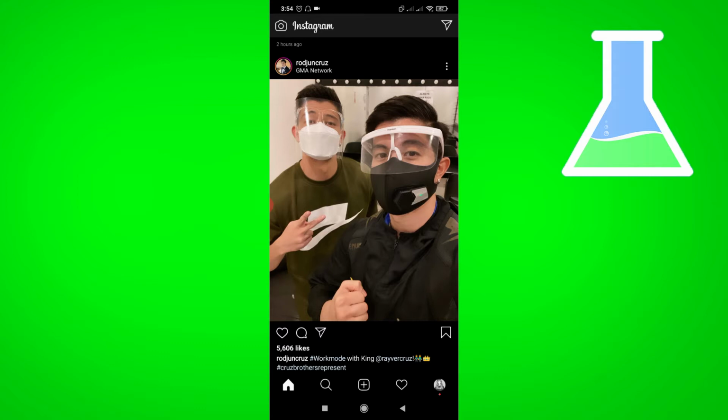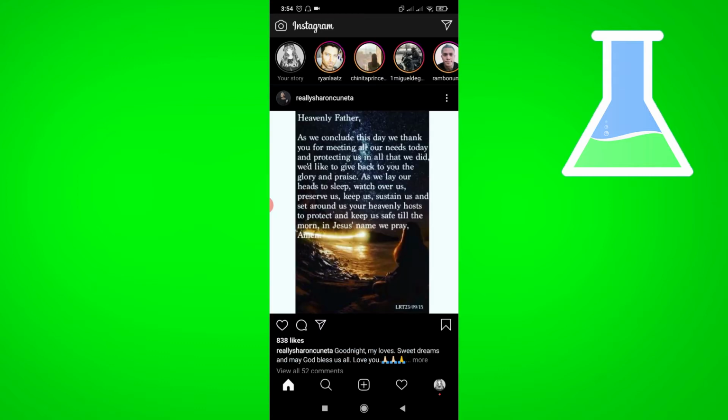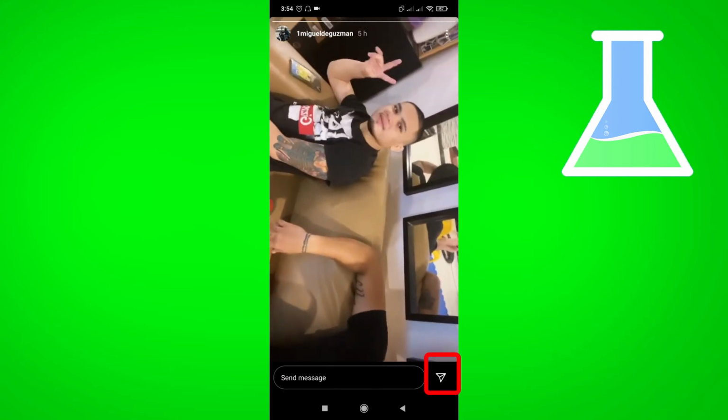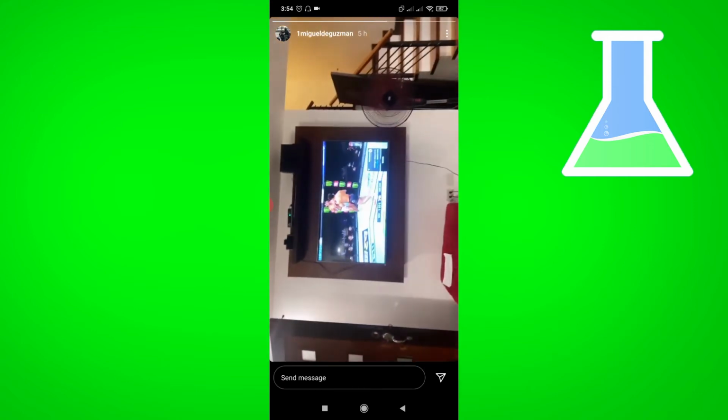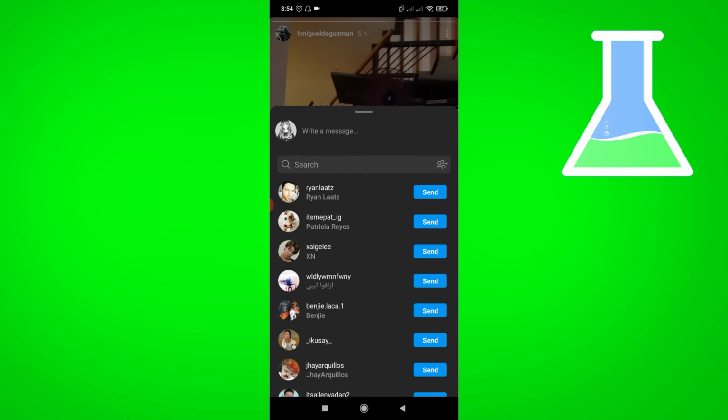First, open your Instagram app, then click a story you want to share. For example, this one. Now click the airplane icon. Then as you can see here, there is no option to share it to your story. So go back,